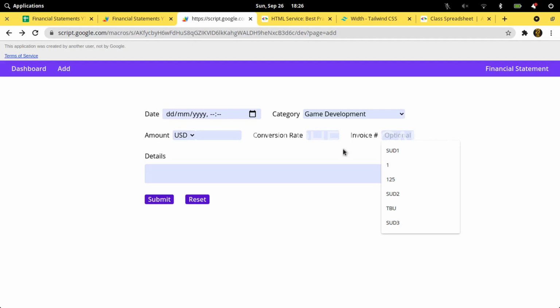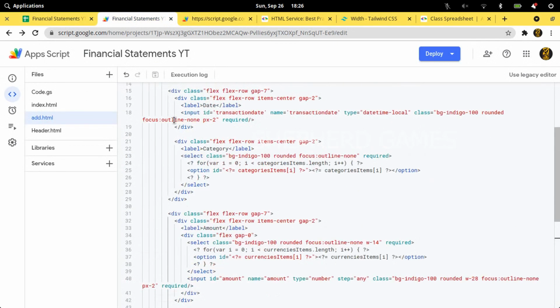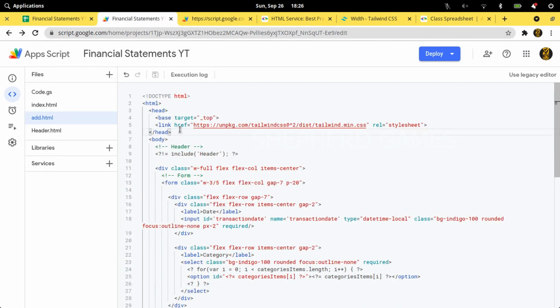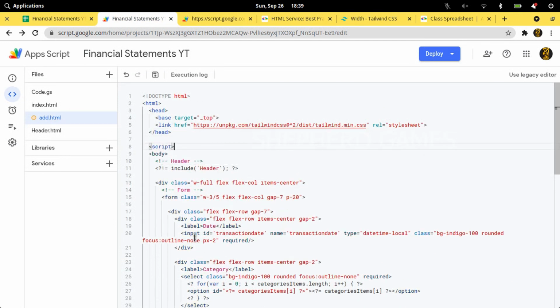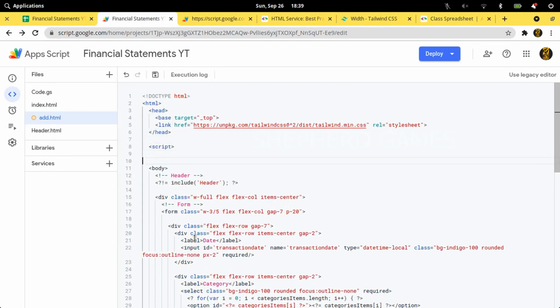Okay, it says optional. Okay, fine. So now the next objective is, I don't want the form to be refreshed and items to be submitted to the sheet. So for that I will have to add a script to prevent the form submission,